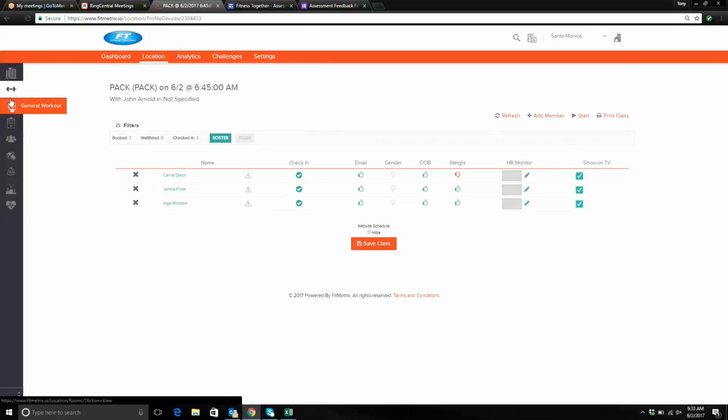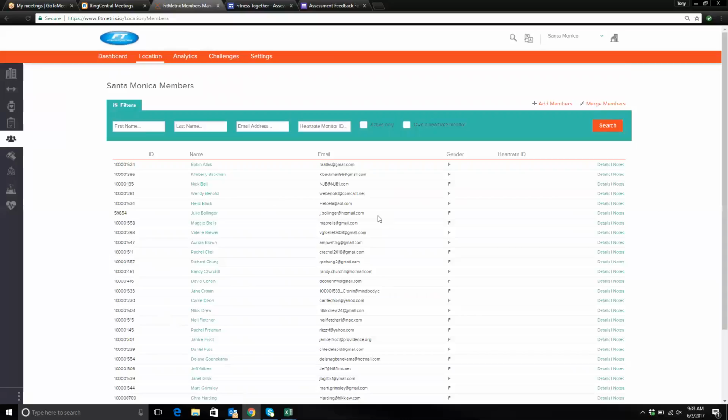Some of the other features, general workout, you guys aren't going to use. The next thing is going to be members that you'll use. This goes out and it pulls in all active members from MindBody. So that was one of the things that I want to make sure studios do is clean up or deactivate or whatever they want to do with their system. They want to make sure that they clean some of that stuff up, because when we connect, it's going to pull